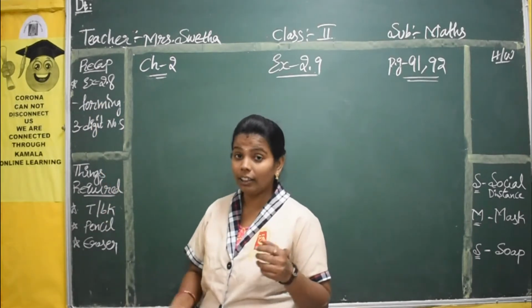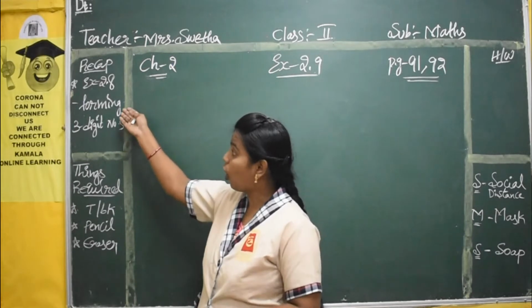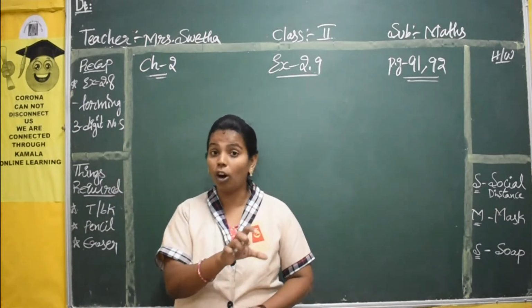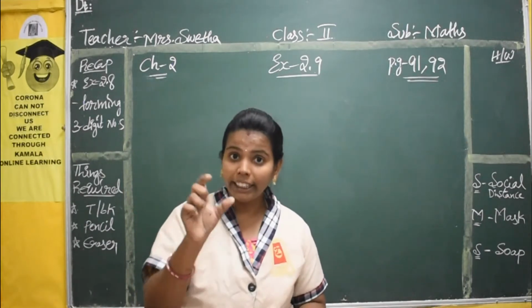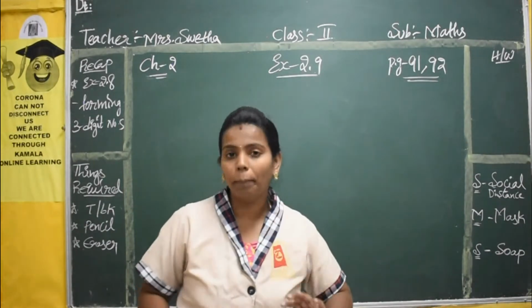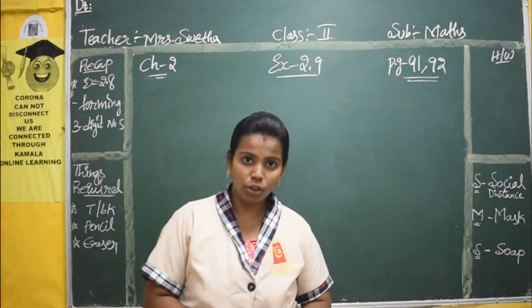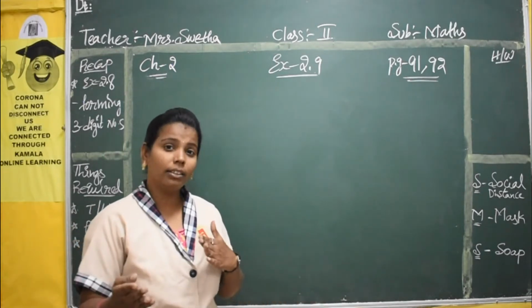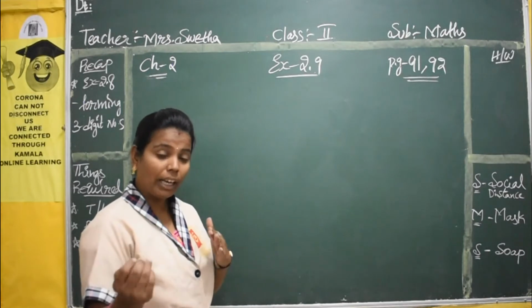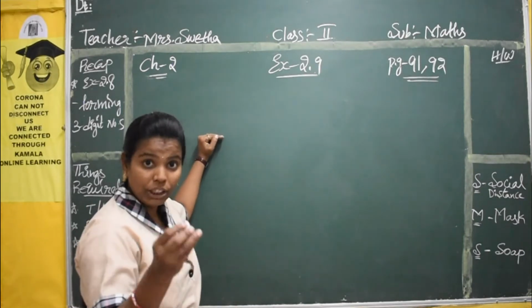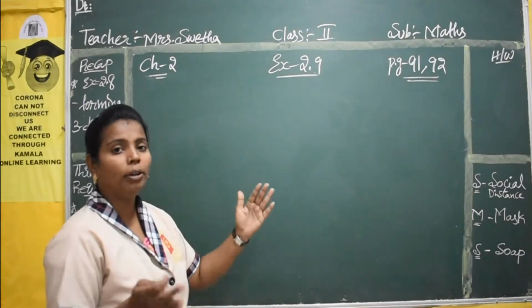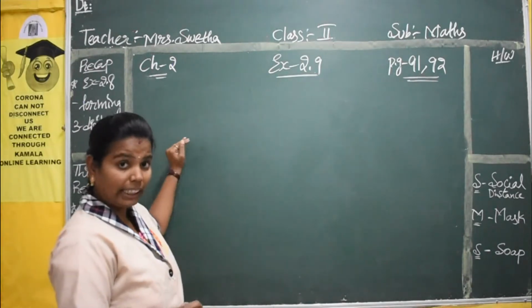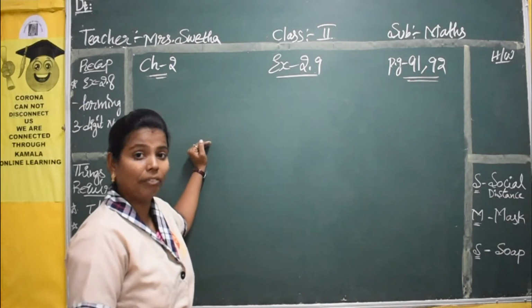Completed, what you have learned? We have learned forming of 3-digit numbers, means how to form the question, how to form a 3-digit number. With the 3-digit number, we have learned how to form the set of numbers. Yes, no? We have taken 3 single digits, and with those 3 individual numbers we have formed a different set of numbers. Yes, that one we have learned in our previous exercise.